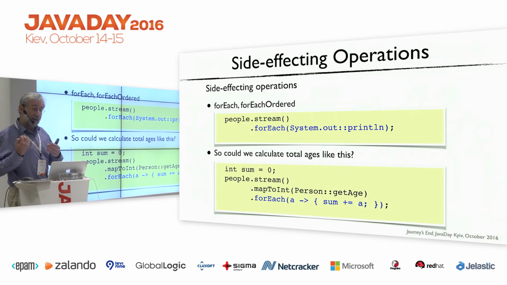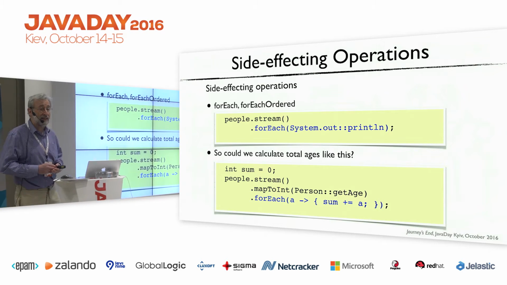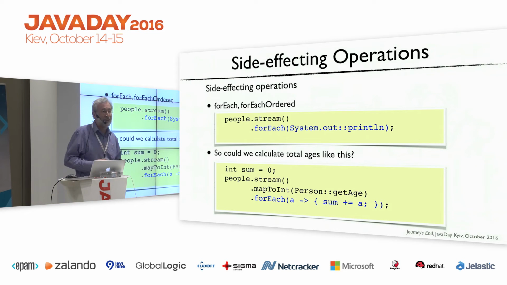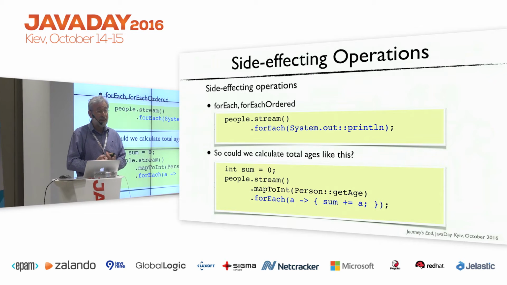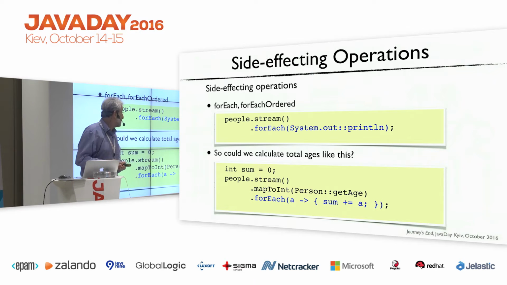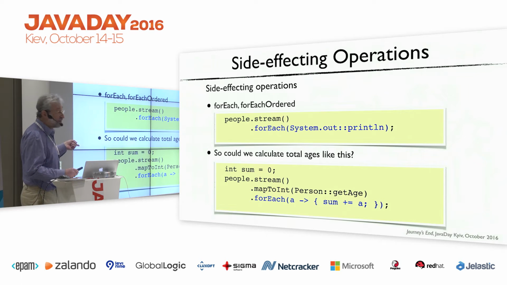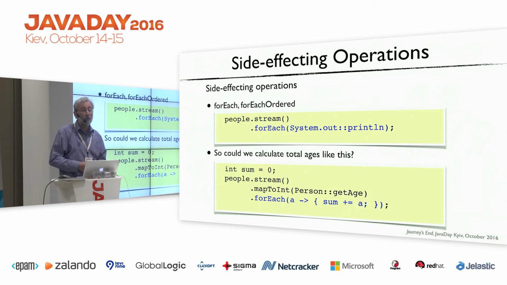So the whole idea, if you were at the keynote yesterday, you'll have heard me going through a kind of standard sermon that I give about how the whole idea of the Stream API is to avoid iteration. This is actually an iterative model. The thing that makes this really quite a bad idea, there are a number of reasons why this is a bad idea. First of all, if you